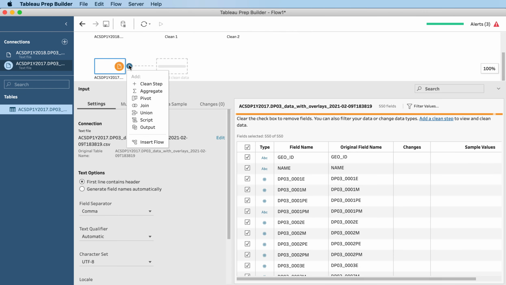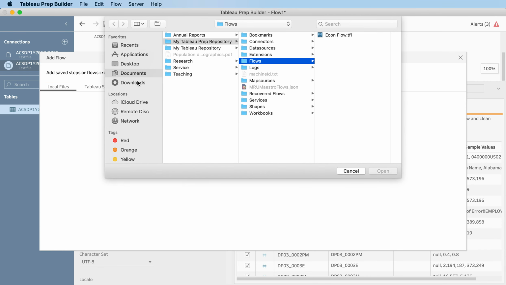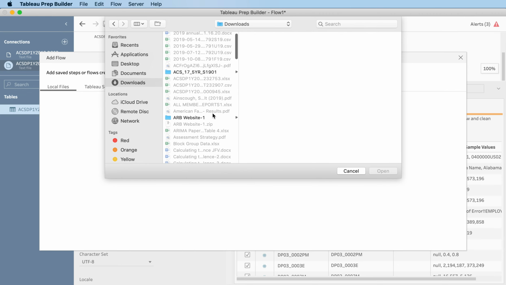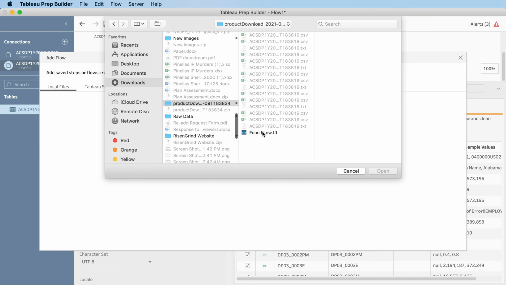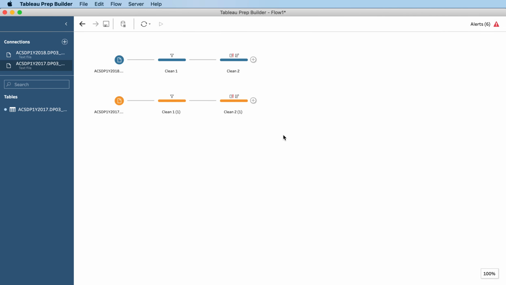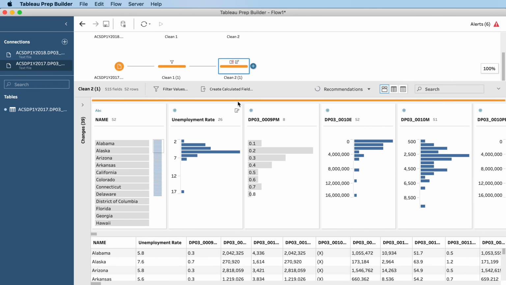Okay, and now what I'm going to do is insert and then browse to the flow that I just created. All right, again you see the appearance change. Now, if I click on the second clean step in the second line, so clean 2, then you'll see I'm using exactly those two clean steps that I used on the 2018 data file on the 2017 data